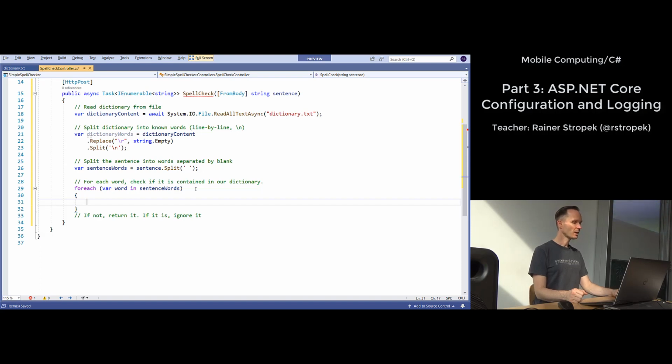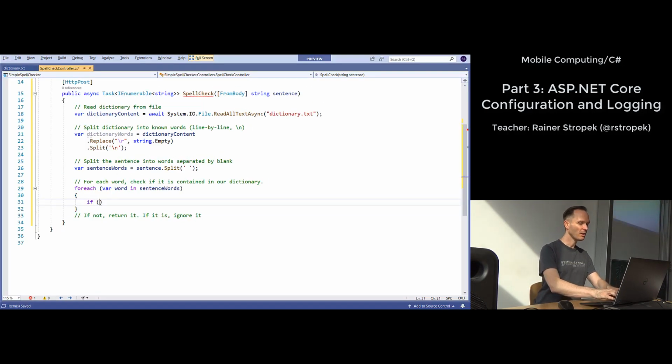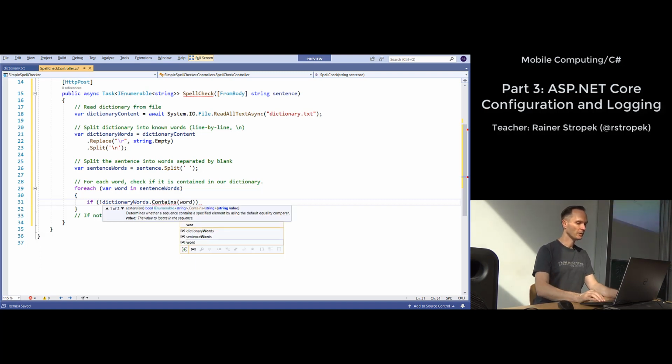Now we have to check whether it is contained in our dictionary. Again, I gave you a hint because there is a method which is called contains. So we can say if not dictionary words dot contains word,